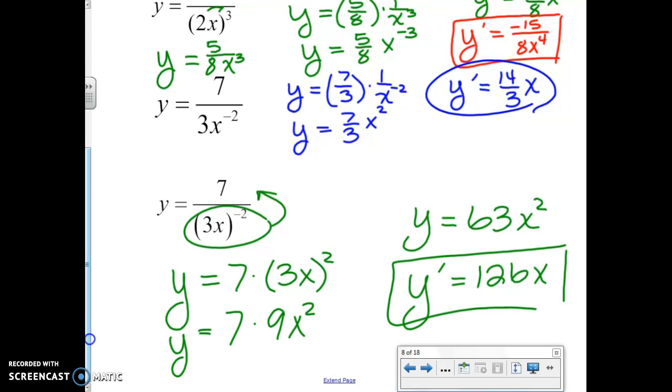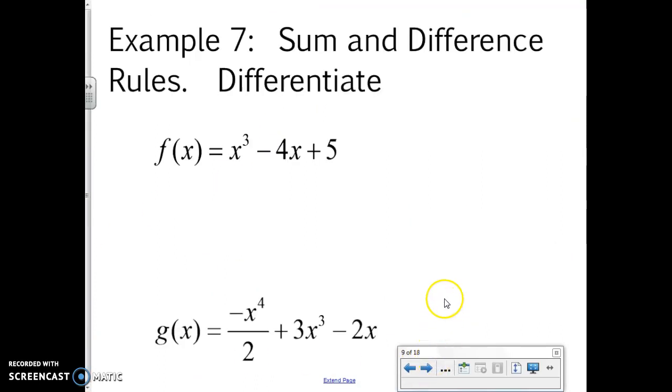And there I would have my derivative for that one. All right, moving on to the next page. And I'm going to hope that we actually did do this before, but if not, we're okay here. Sum and difference rules. To differentiate these, we want to take each one individually. So we can take the derivative there, then we take the derivative there, and then we take the derivative at